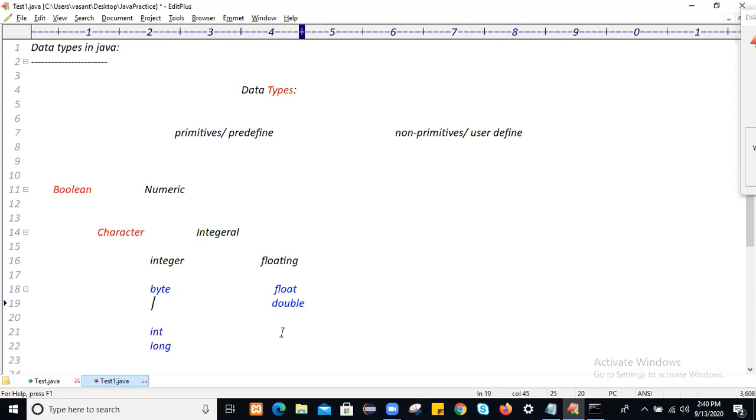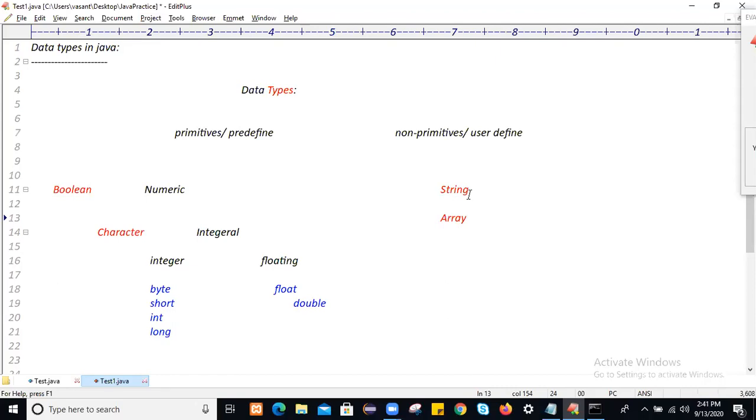Okay, so let me draw this properly. These are the four types of integer type. And what are the non-primitive data types? Non-primitives, we have class type like string type, then we have array type when we create an array, or we have class type also.